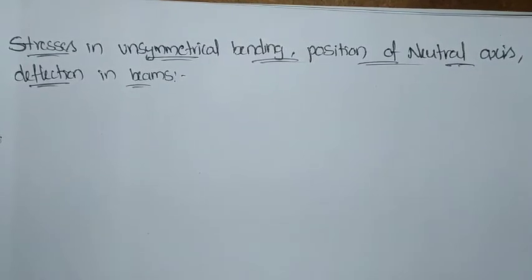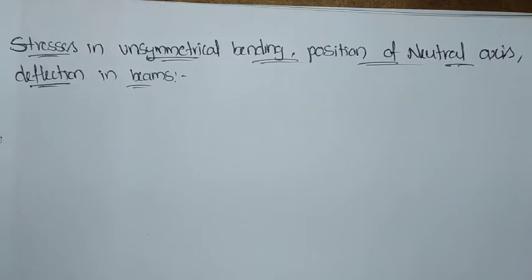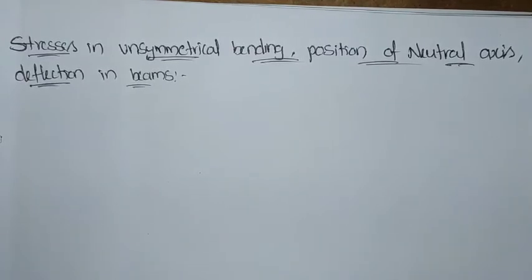So welcome to the next section of unsymmetrical bending. Previously we have covered Mohr's circle, how graphically we represent the Mohr circle with respect to the neutral axis, with respect to the principal axes Ixx, Iyy and Ixy, the product of inertia. Now definitely for any type of section, if the load is acting vertically, it is going to come up with some stresses, and those stresses we are now going to find out in a beam section, how those stresses are going to develop.